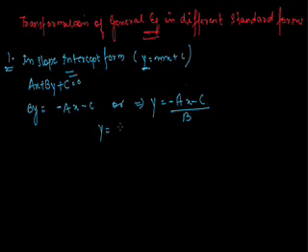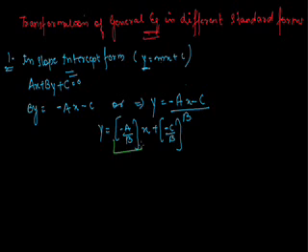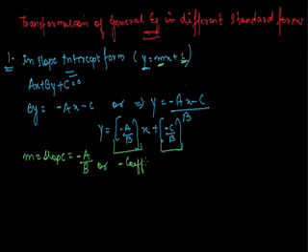So ultimately it has been changed into y equals minus a by b x plus minus c by b. So I can say that this minus a by b has been replaced by m, which is known as slope, and the constant has been replaced by minus c by b. So m, the slope, equals minus a by b, or I can say it is minus of coefficient of x upon coefficient of y.